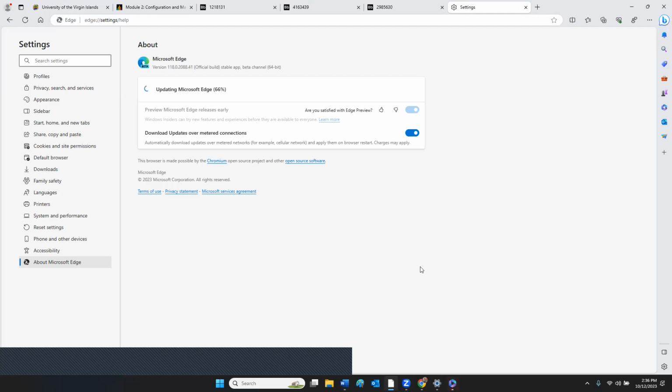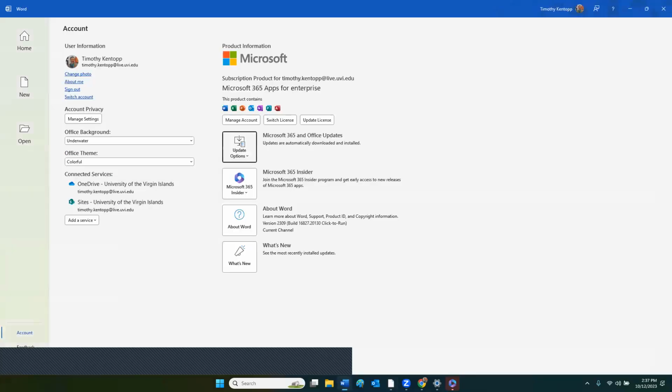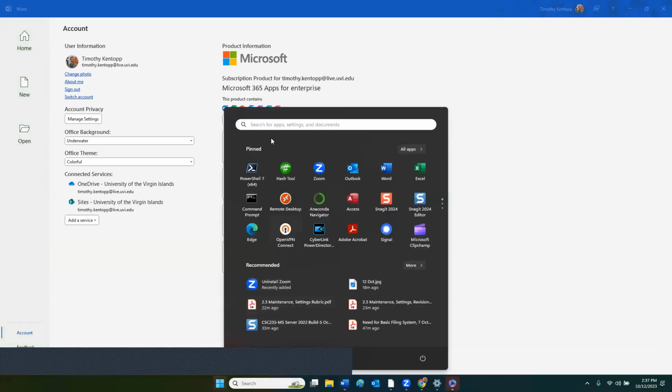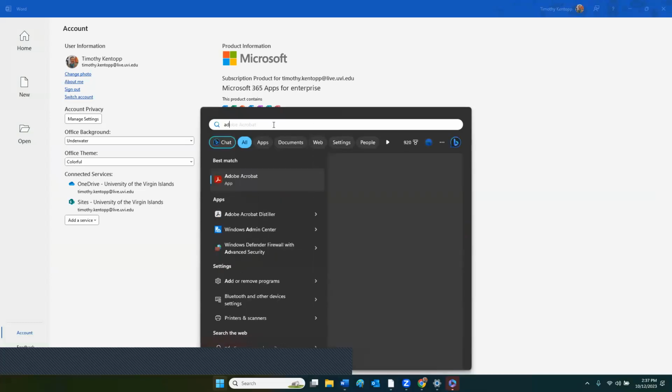Now I just ran updates. I've rebooted 3 times in the last 24 hours. But I usually have Word open when I'm teaching. I usually have my VirtualBox open when I'm teaching about VirtualBox, right? So other applications that are going to be in play, if I'm sharing a Word document, like a study guide, I'm going to use Word, I'm going to use Outlook, I'm going to use my browsers. Those are the things. If you use Adobe Acrobat all the time, you should probably open up Adobe and see if anybody here uses